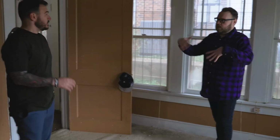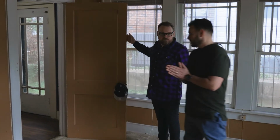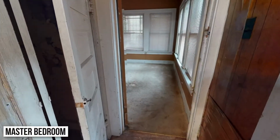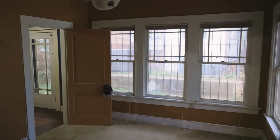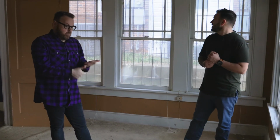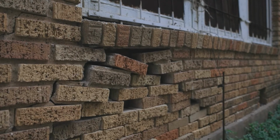So this area that we're in right now, this is part of the functional obsolescence. We'll keep the door, right? We're gonna salvage the door, and we'll salvage all the molding, but there's gonna be a wall here because you're in the master now. So maybe you'll walk through the master this way, and then you're in maybe, again, the bedroom part. I'm actually gonna push this wall out and steal some of the yard. This way we gain an extra 40, 50 square feet for master bedroom space. There's a lot of windows in this house. And so we're gonna be moving brick walls, craftsman style walls that are a foot thick. It's big framing, but